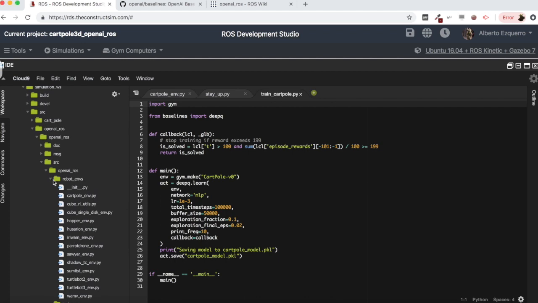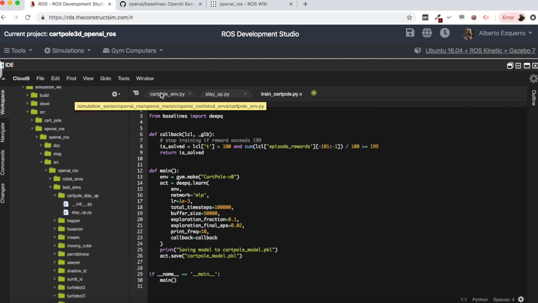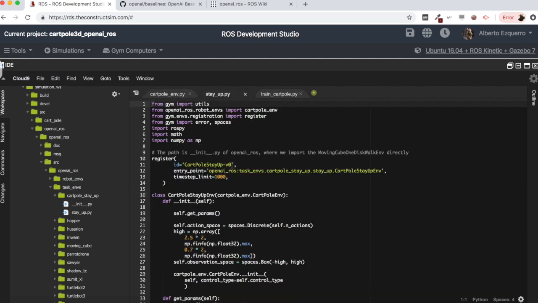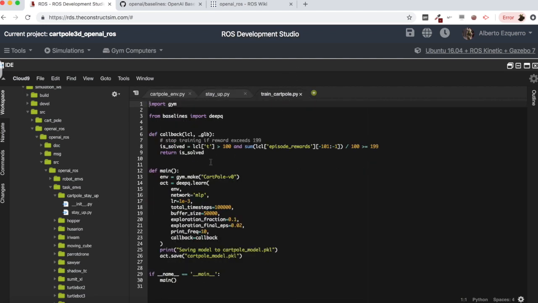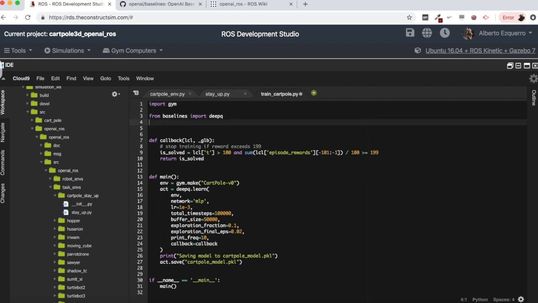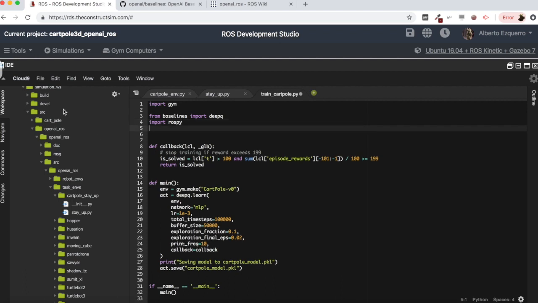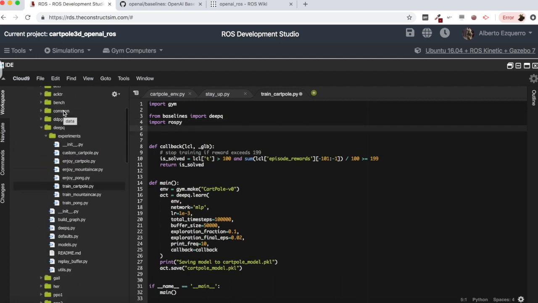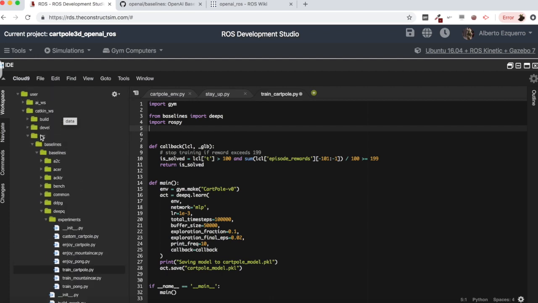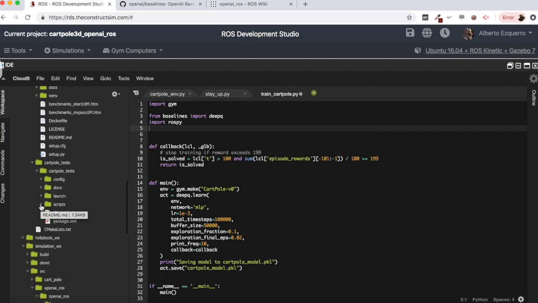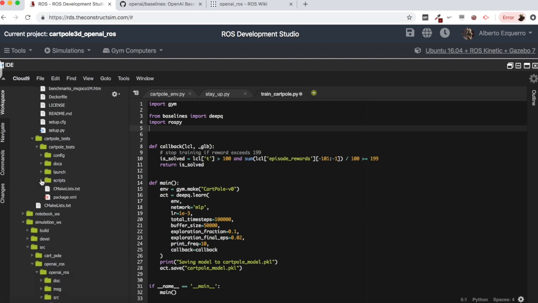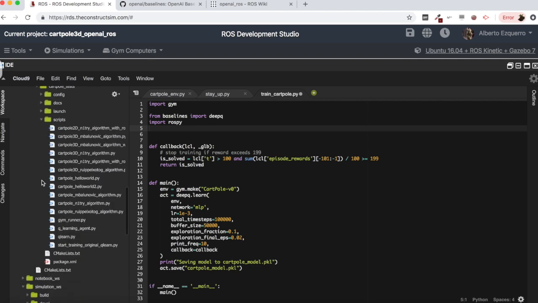Yes, this is the structure that we introduced before, where we have our carpal environment and the task environment. So what do we need to do? First of all, we'll need to import ROSPy into our script, since we are going to be using ROS. And if we take as an example one of the basic algorithms we were using in the first example, in one of these scripts from the carpal tests,